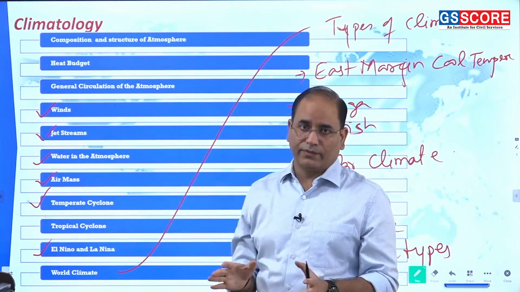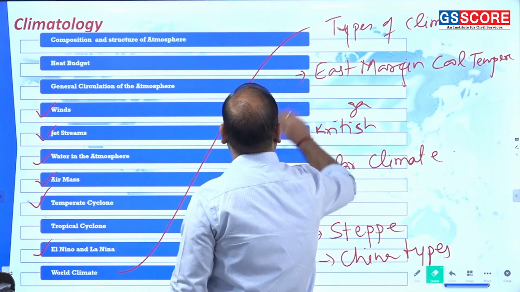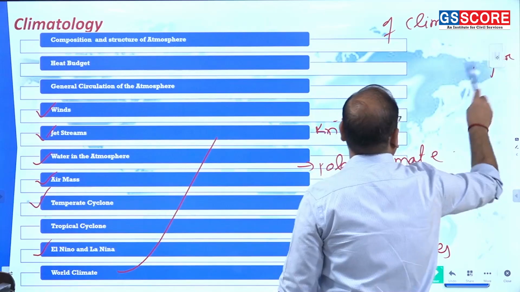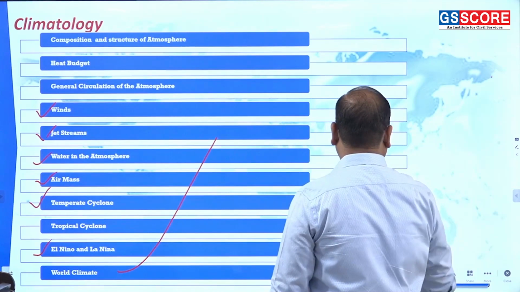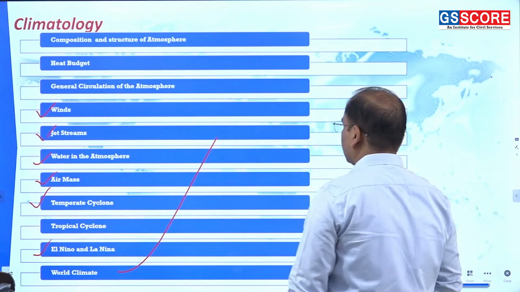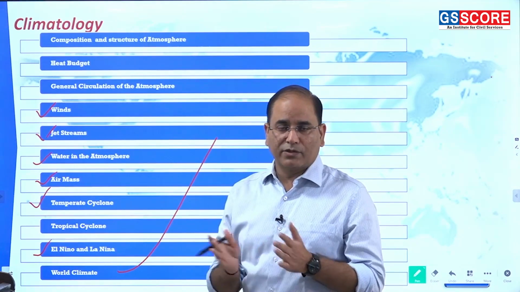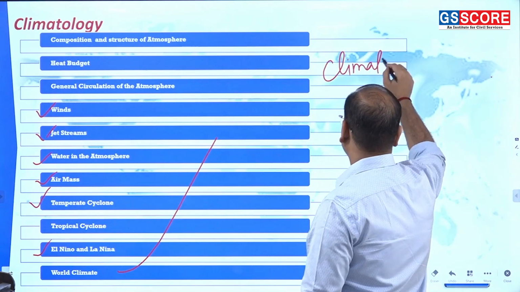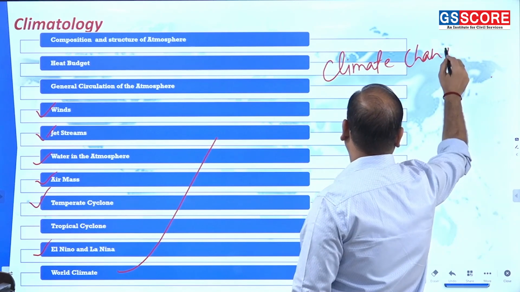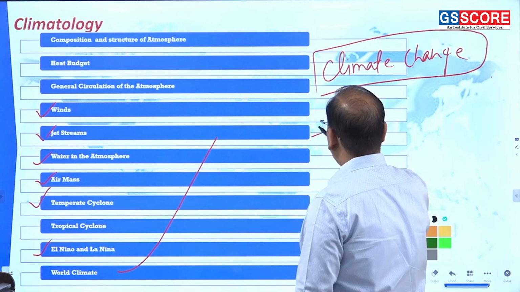Then on top of it, the general pattern, the general thing that is affecting the entire humanity, that is also part of the climatology, and the topic is almost overlapping with the geography as well as environment, and this is climate change. So the topic of climate change, so within this climate change, how it is affecting,